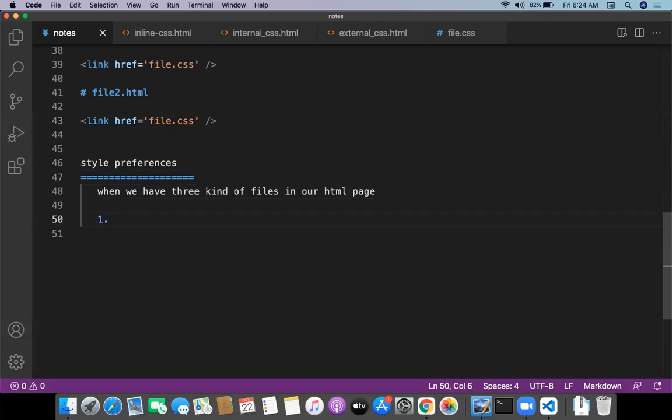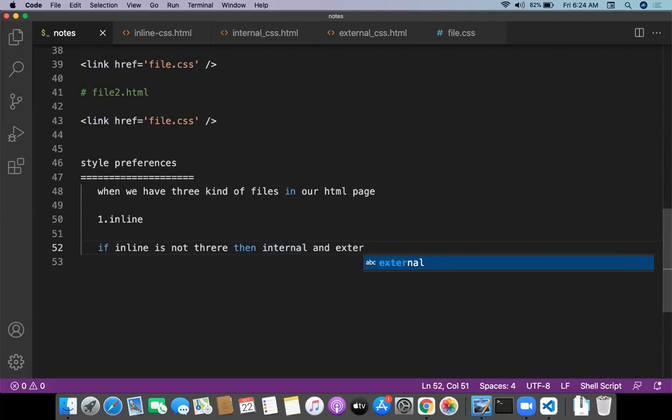The first preference is inline. If inline is there, inline will load. And the second one is, if inline is not there, then internal and external are loaded with line by line preference.